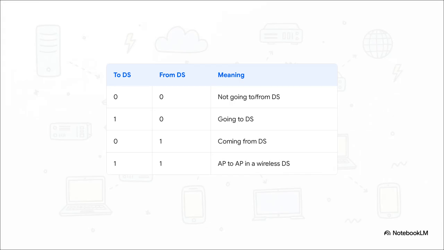Let's wrap up with Section 5, Packaging and Addressing Data, the logistics of Wi-Fi. Now that our devices are communicating politely, how do they actually package their data? Well, a standard Wi-Fi frame has room for 4 distinct addresses, and their specific meanings dynamically shift based on just 2 simple 1-bit flags, To DS and From DS. For example, if both are set to 0, the data is just moving directly between 2 stations in an ad hoc network. It's not touching the distribution system at all. But if To DS is 1 and From DS is 1, that data is making a much more complex journey from one access point to another within a wireless distribution system. It's an incredibly efficient way to dynamically route traffic.